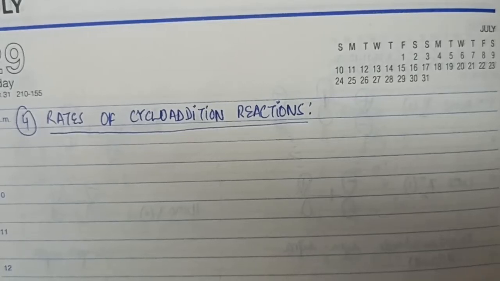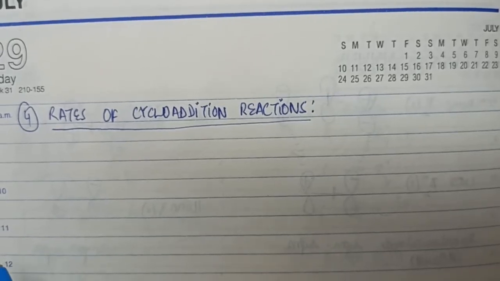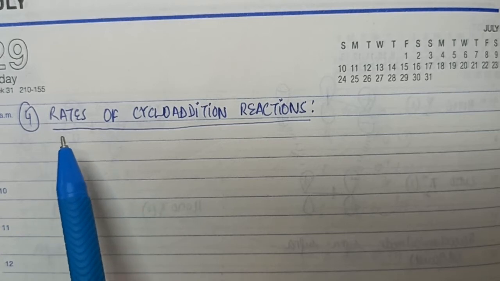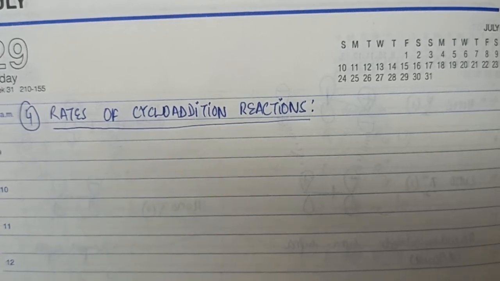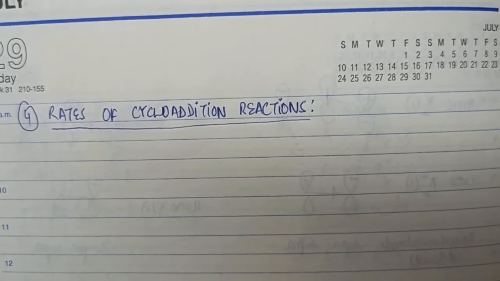Good morning. Today we'll be talking about a very important aspect of cycloaddition reactions, something called the rate of cycloaddition reactions. In this topic we'll be discussing how the rate of a particular cycloaddition reaction differs from another, and we'll talk about the extent of the difference in the rates owing to the substitution patterns on either diene